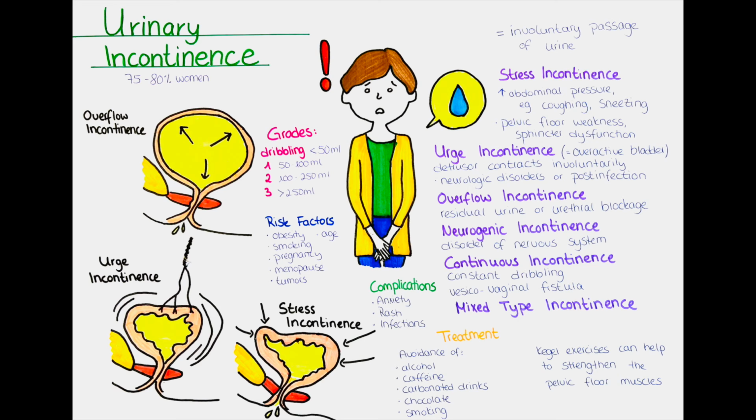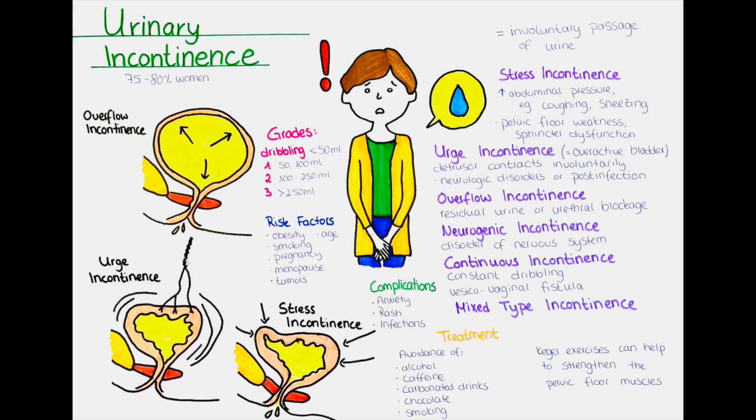What are some risk factors to develop incontinence? As we said, being female increases the risk to develop incontinence. Also, increasing age increases the risk for incontinence. Other risk factors are obesity, as more weight is a burden on the muscles surrounding the bladder. Smoking, neurological diseases, pregnancy, and childbirth also increase the risk.